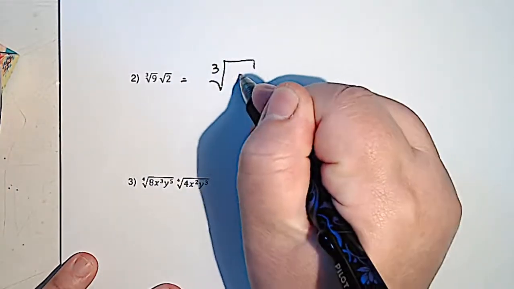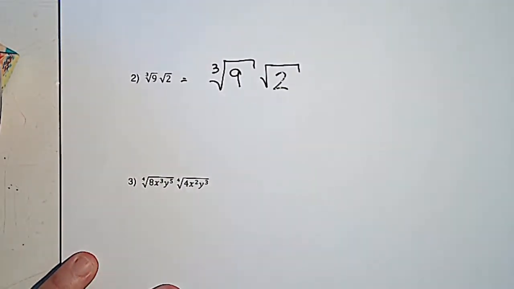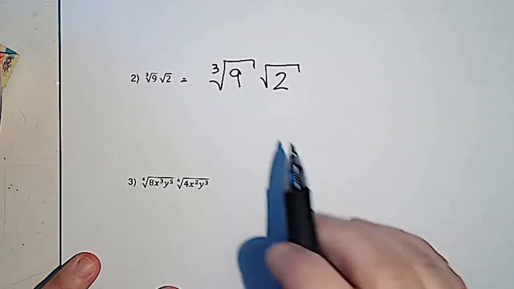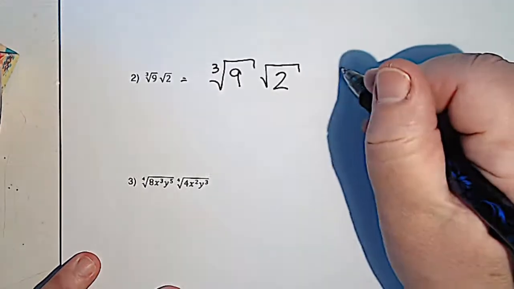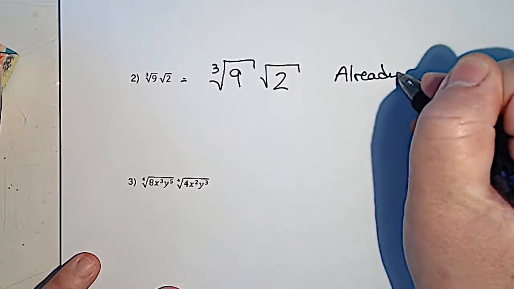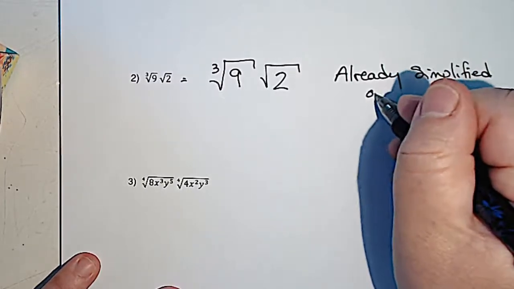We've got the cube root of 9 times radical 2. It really depends on how we approach this. So we can either say that these cannot be multiplied. So sometimes the answer would be already simplified, or